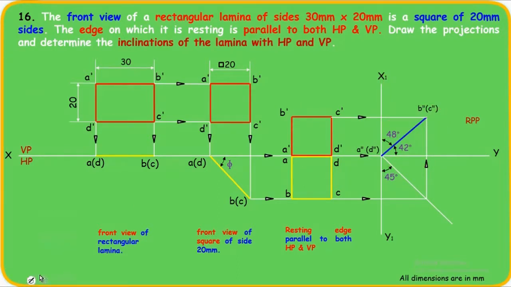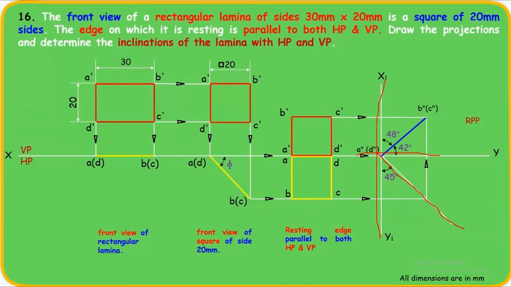So first you have to draw x1, y1 line. So this is x1, y1 line, and this is your xy line. Within the intersection of these two lines, you have to draw a line at an angle of 45 degrees. There are two methods to draw the side view. One is the Mitra line method, the other is the arc method. So this is the Mitra line method,